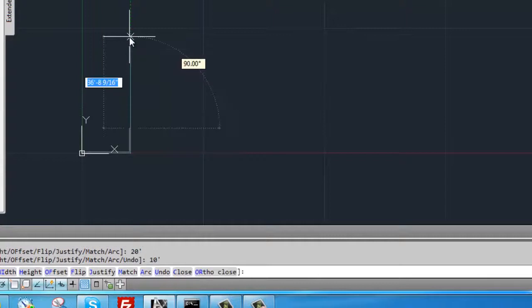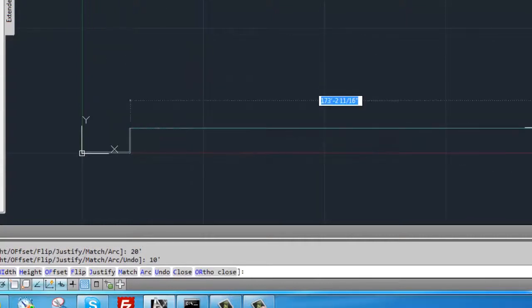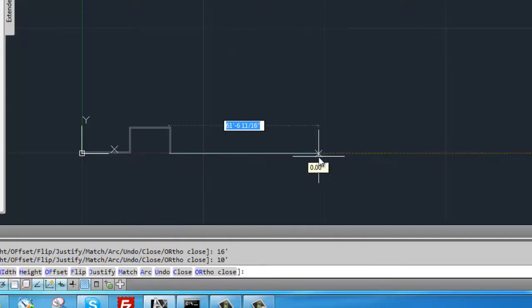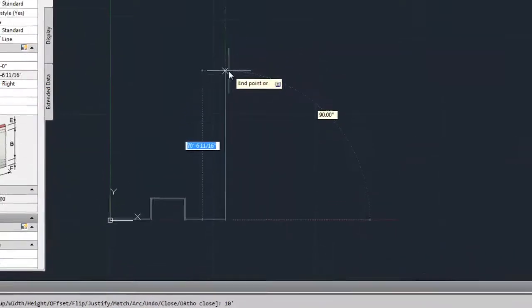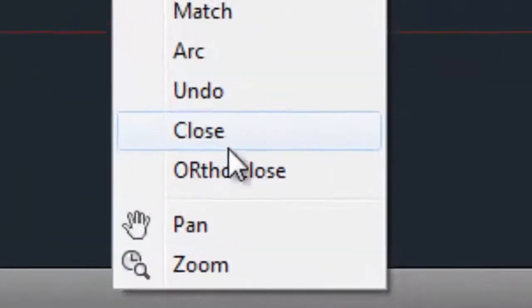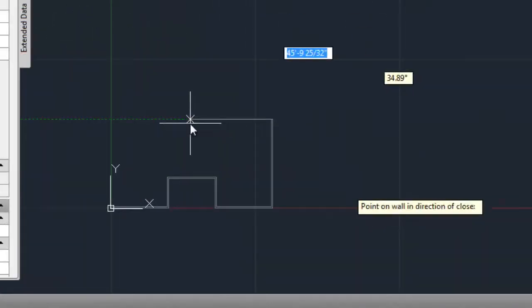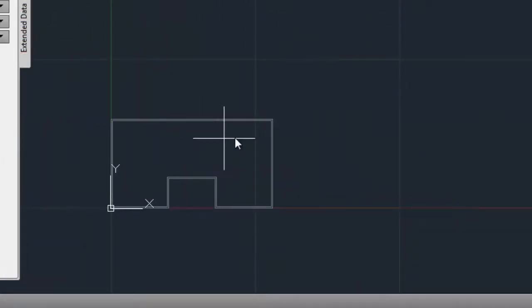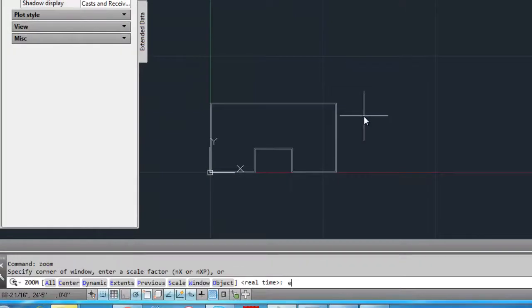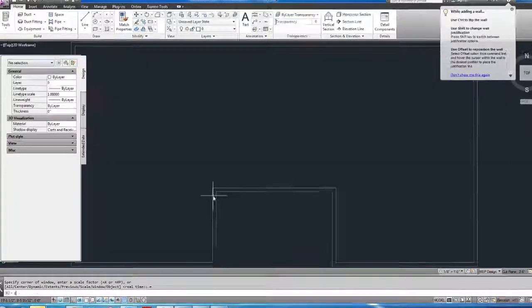point up and type 10 feet, point to the right and type 16 feet, point down and type 10, to the right 20 feet, then up 30 feet, then right click, select ortho close, and then click to the left. Then press enter to finish the command, then type zoom and then E for extents, and then type Z for